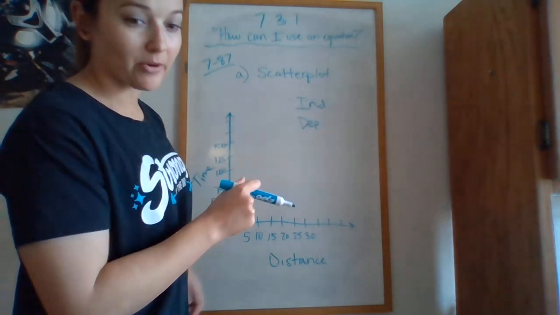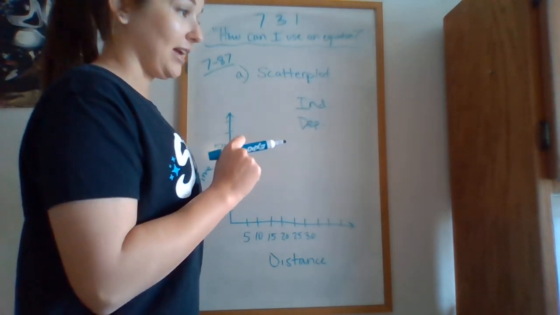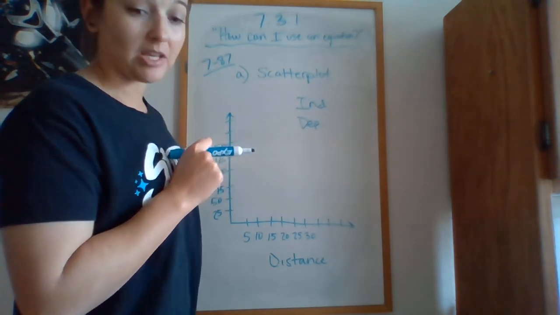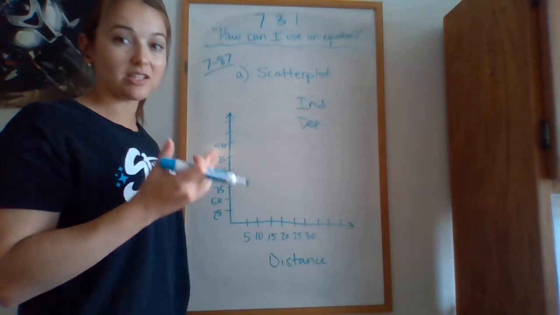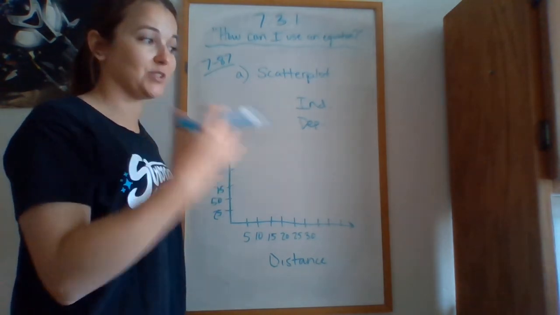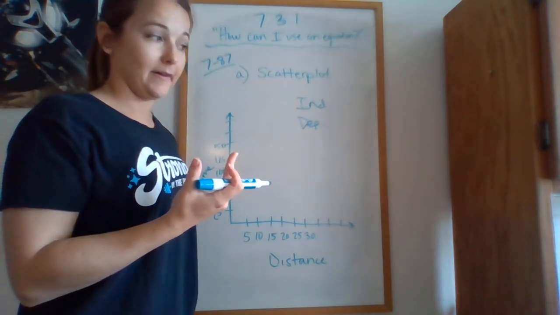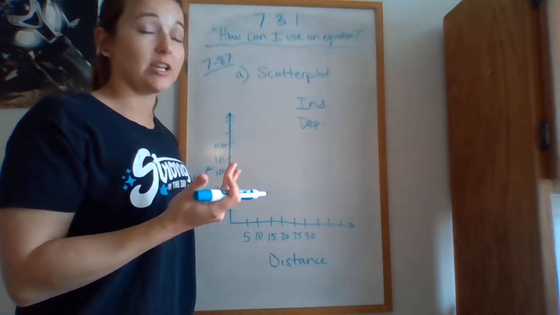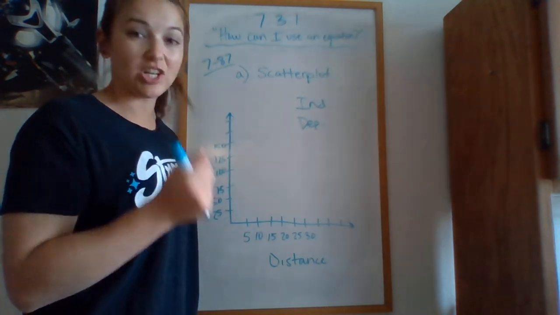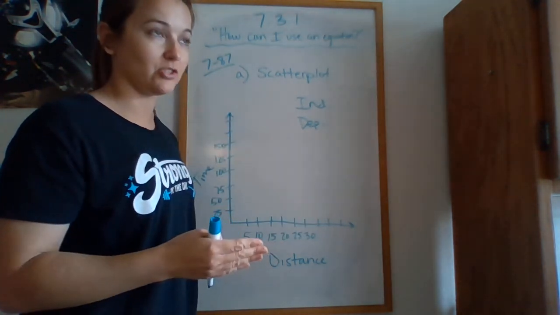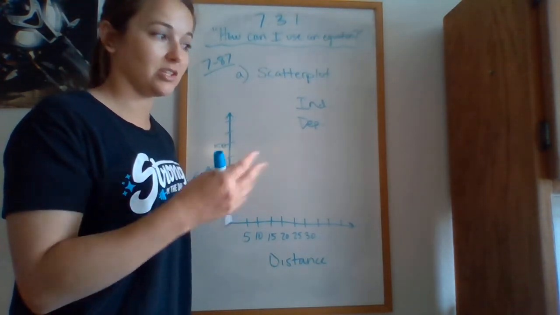So I put on my paper that I thought time would be the dependent variable and the distance would be our independent, because we're not manipulating the distance, because she has a specific distance to go. She has 30 miles. The entire race is 30 miles. So we're not changing the 30 miles. She's not changing the amount of distance she's going, but the time depends on the distance, because the time, we